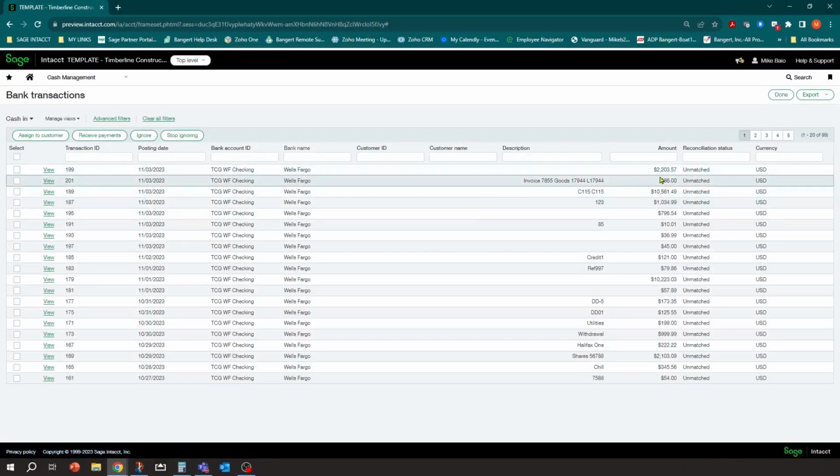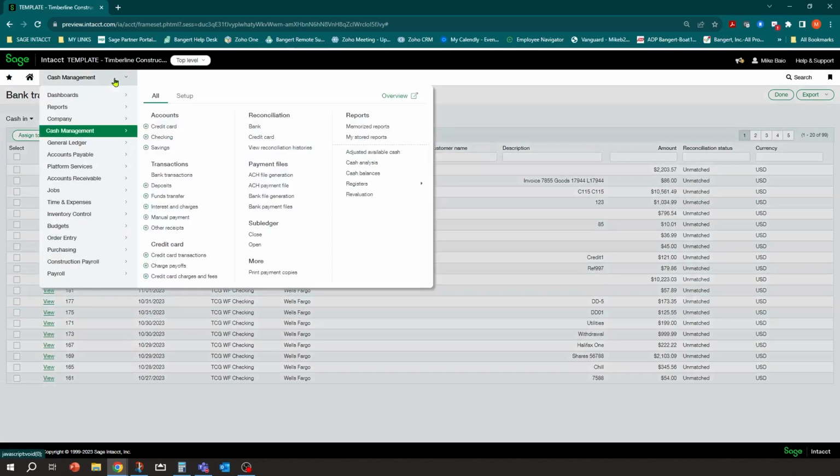And it shows you transactions that have come in that are deposits that have cash in to your bank account. And so this is what we're going to use for our demo today on how to do this bank transaction assistant. What you're able to do is assign a transaction, based on all or part of the description of that transaction, to a particular customer. And then the system will remember that for next time and apply them automatically to the customers as they come in. You can either do this on the fly, or you can do it ahead of time.